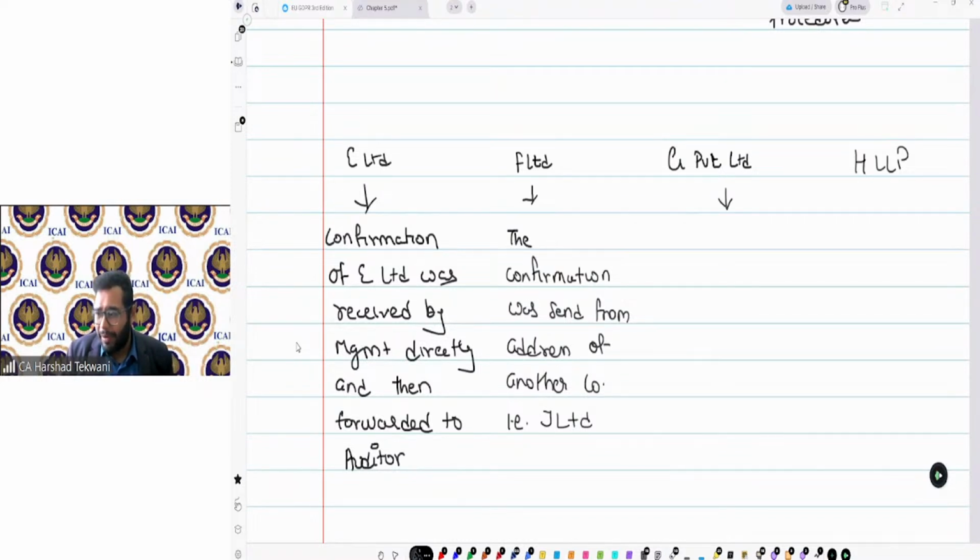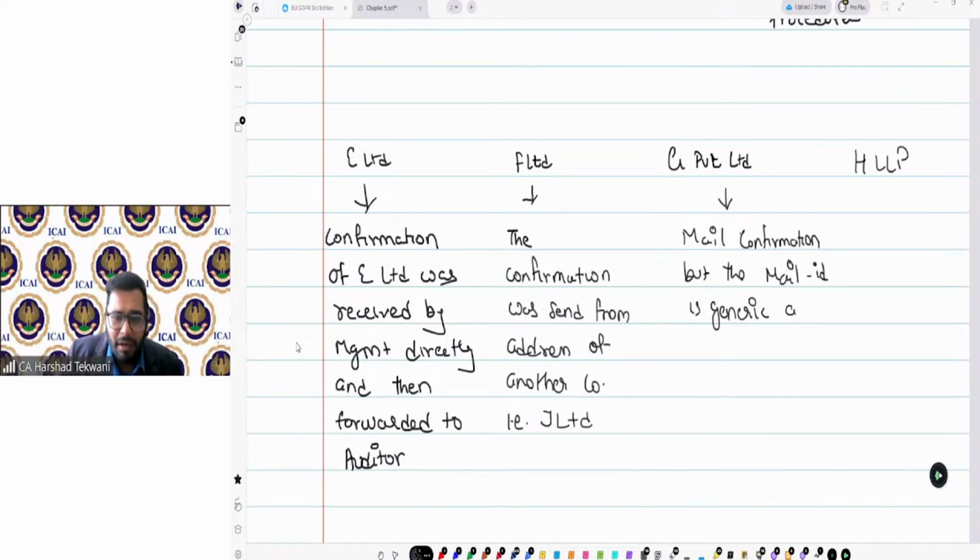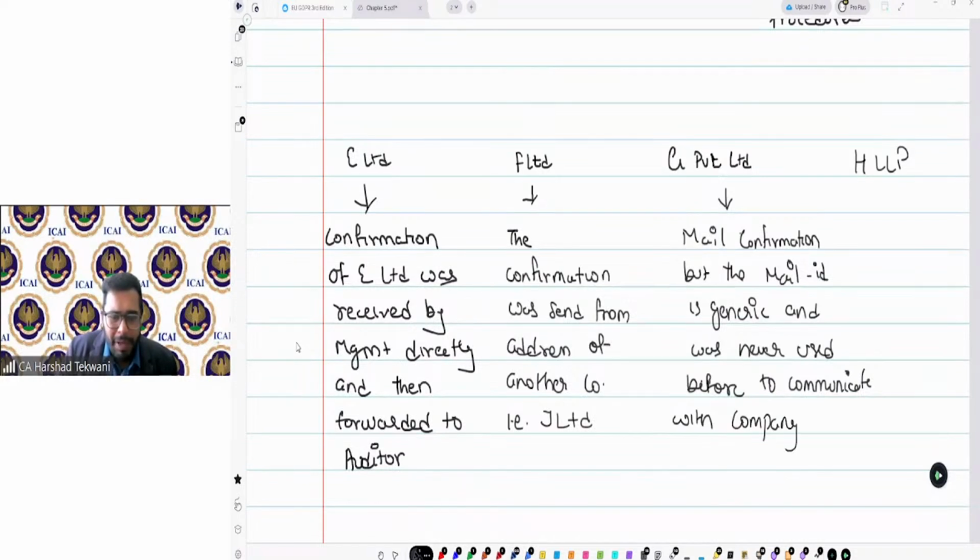In case of G Private Limited, a mail confirmation was received, but the mail ID is generic, like abc at gmail.com or something, which we can create in a day, and was never used before to communicate with the company in the past.